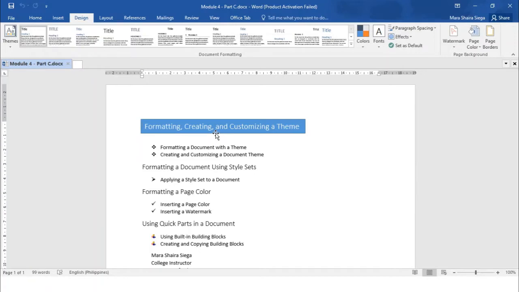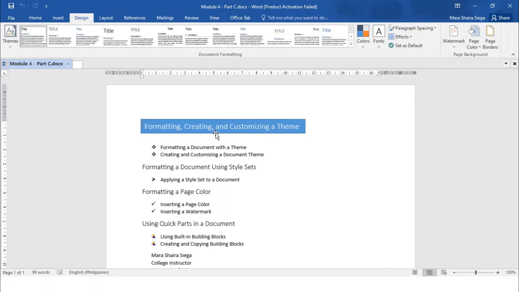So Word provides options to change the appearance of a document by using preset built-in formatting style sets, or by using themes, or by again selecting from the document formatting gallery. Once you have applied a theme or document formatting, you can then customize the colors, fonts, and effects. You also have the option to set the formatting as your default without having to reset each time you work